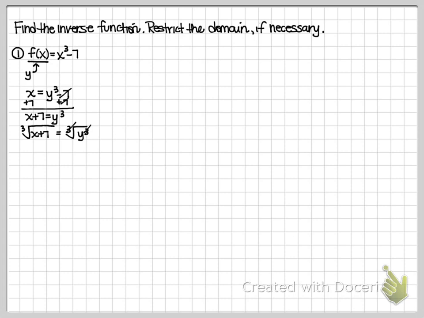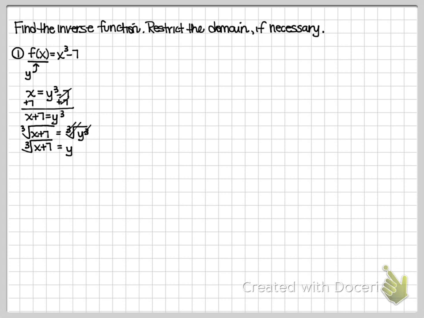Remember that you're going to drop the symbol as well. So that's going to disappear. And we'll end up with just a y. I'll put the little 3 into the crease itself, and then we have y is equal to the cube root of x plus 7. When we think about restricting, we, in this class, focus on the relationship between the parabola